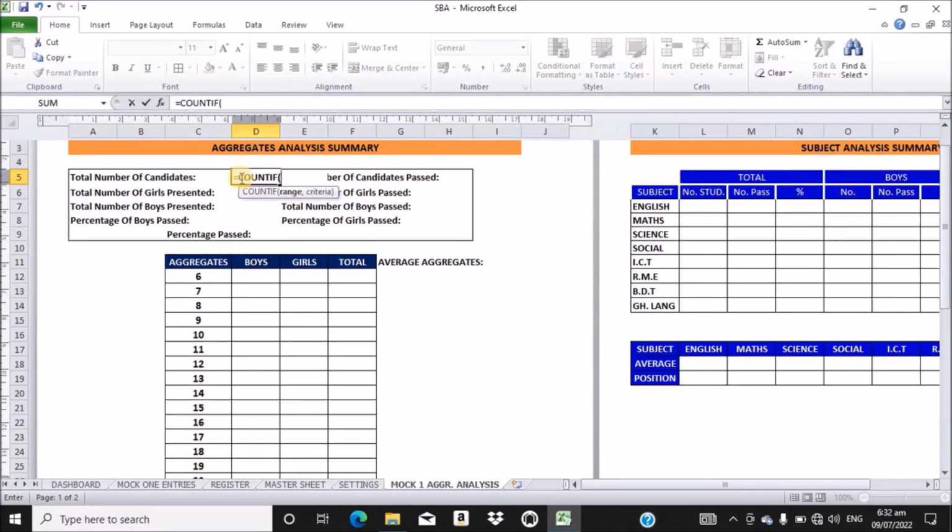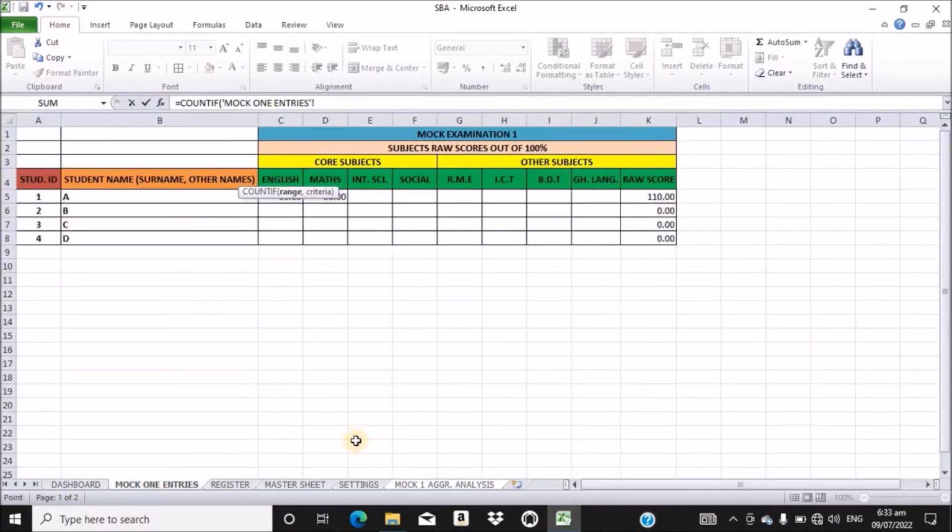We want to count the total number of candidates, and this can be found on the mock entry, the number of candidates on the mock entry. You can also reference it from the register, because when you enter the names on the register, it will reflect on the mock entry. So let's click on mock one entry,